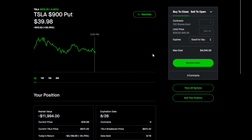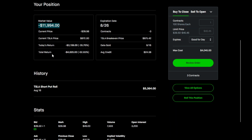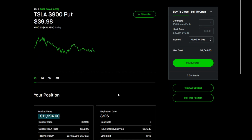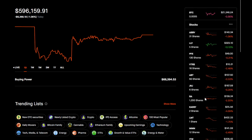It has a split coming up, a 3-to-1 split. It did trend down a bit here, so because of that, the market value to buy back these contracts will be almost $12,000 in the red. I did make $5,364 on the trade, so overall the total return will be negative $4,620, which I may have to do. If I do that, I'll lose $4,620 on this trade,